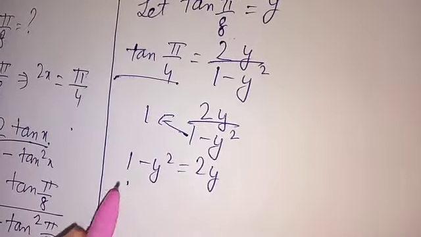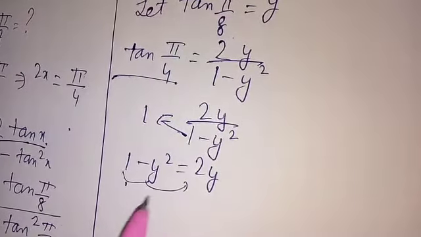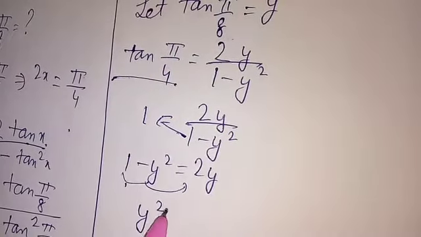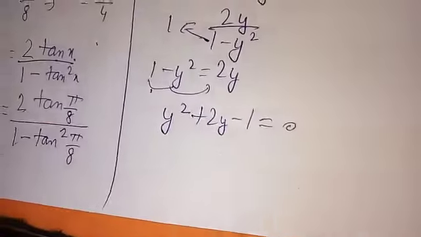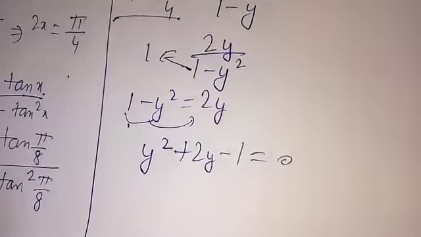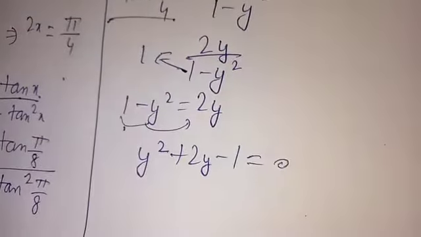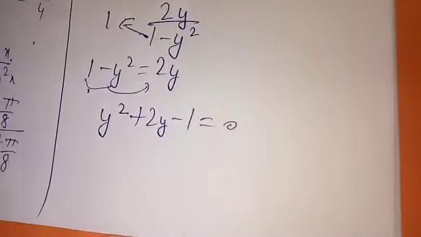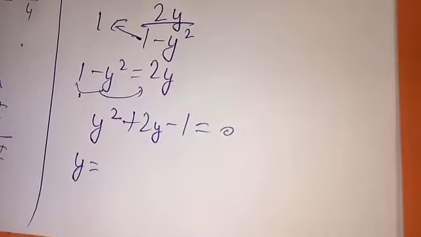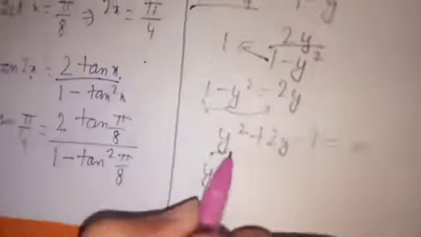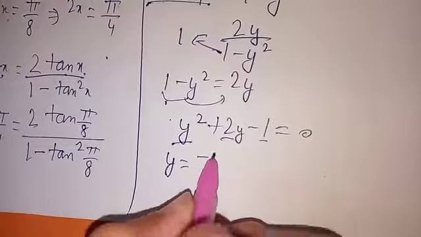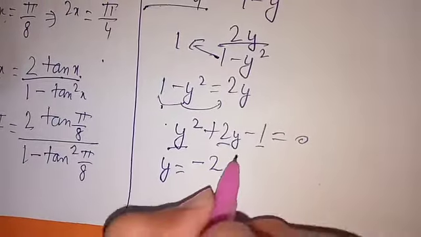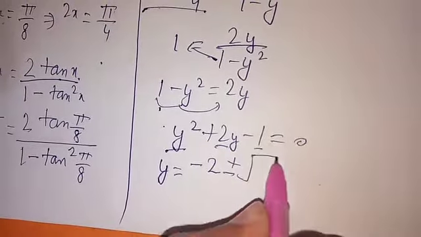And then if we take this whole side, we get y square plus 2y minus 1 equal to 0. Okay, now using the quadratic formula. What was the quadratic formula? The value of the roots will be minus b. Here it is our a, it is our b, and it is c. So minus b means minus 2 plus minus under the root